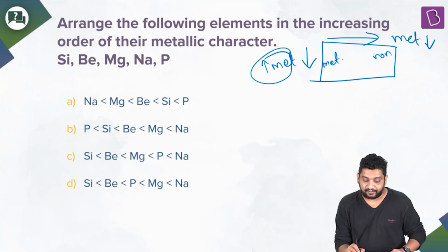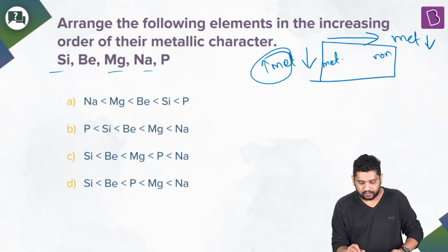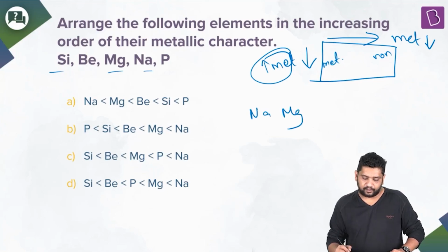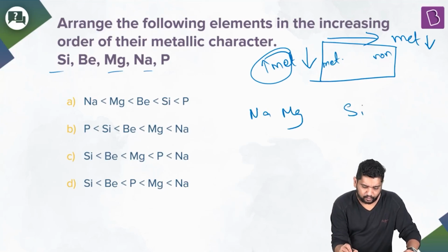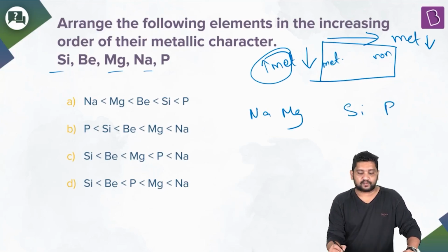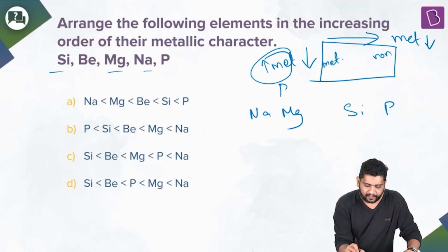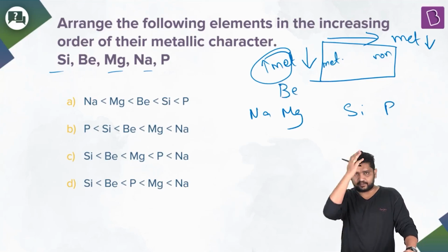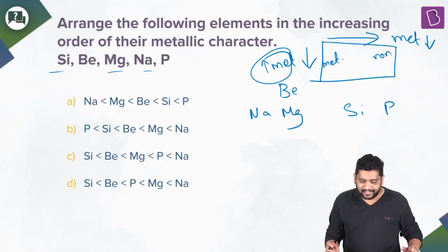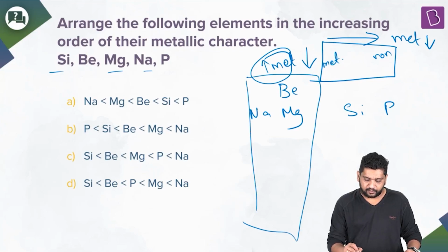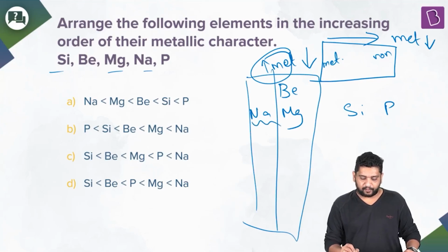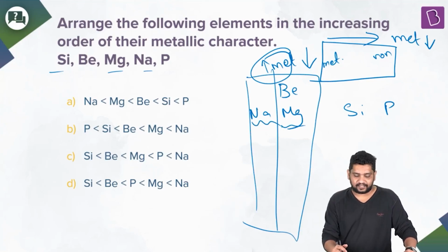Now what are the elements that we have? I can see silicon, magnesium, sodium. Sodium and magnesium are from your third period, along with aluminium, silicon, and phosphorus is also given to us. Another one that is given is beryllium, which is from the same group as magnesium, the second group, right? So these are the elements that are given to us. Of course, you can see that these are group 1 and group 2. Sodium is from the alkali metals. Beryllium and magnesium are alkaline earth metals.